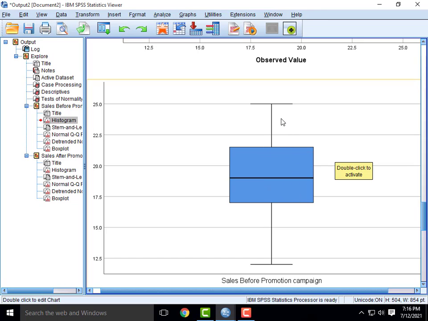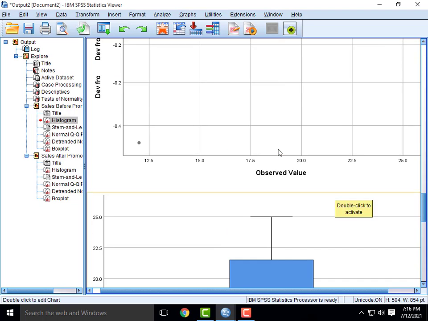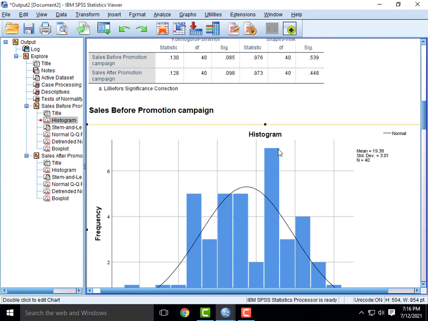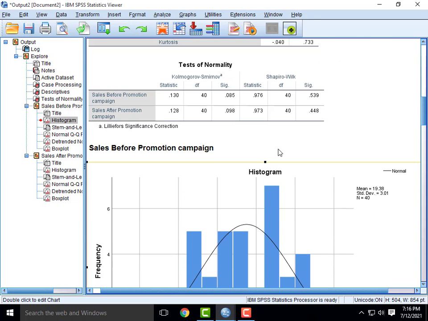So there is no asterisk mark either here or here. So we can say that there is no outlier in our data. So with these three diagrams, we say that our data is normally distributed and there are no outliers in our data.